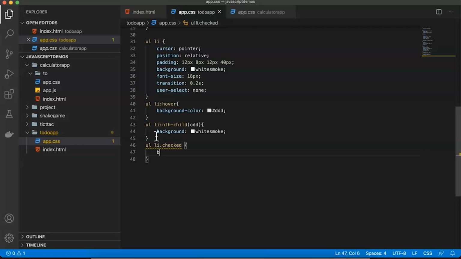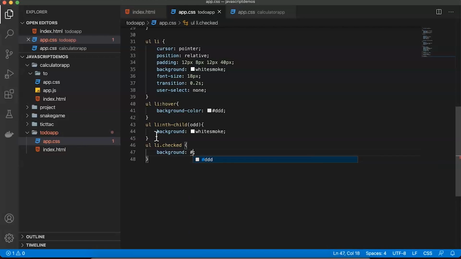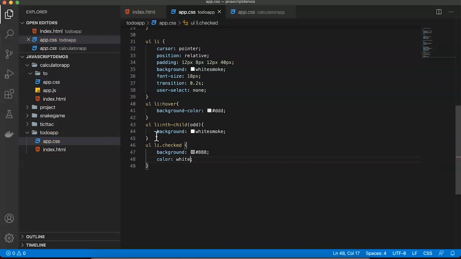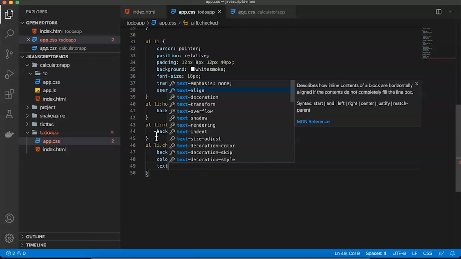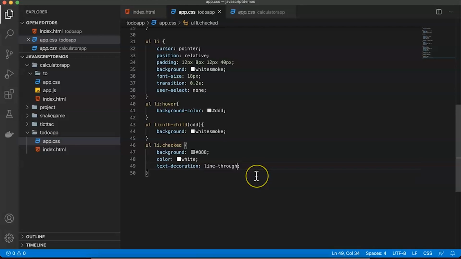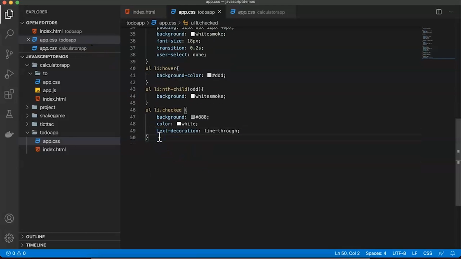Now I'll be using background, then color. I'm using the same white. Text decoration, line through, which is the checked option. Okay, now after that,